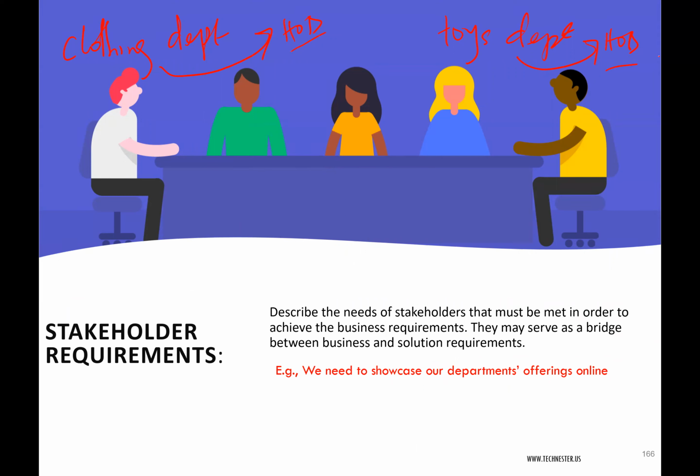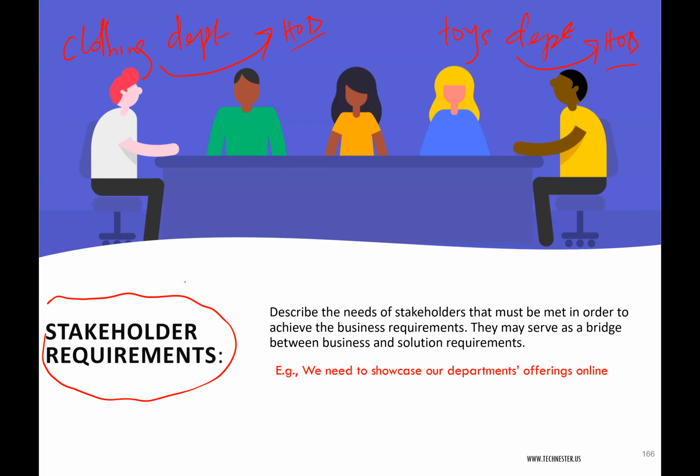right? So you as a business analyst, you have spoken to the leaders and you have gotten their business need. You now go to the different stakeholders. Okay, we want to put Walmart online. We want to create a website for Walmart. What would you need? Your different departments, what would you need to put for us to put online? Right. So the different departments or the different stakeholders will now start telling you their needs. That's your stakeholder requirement.